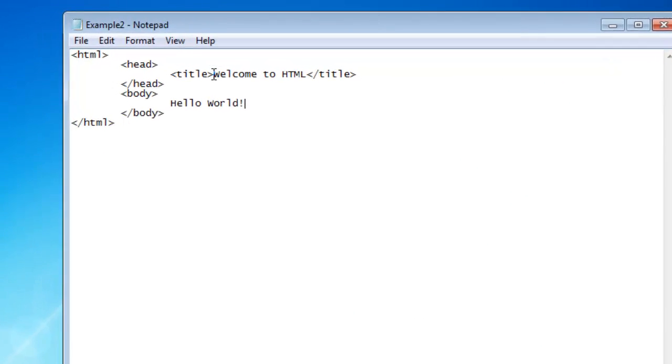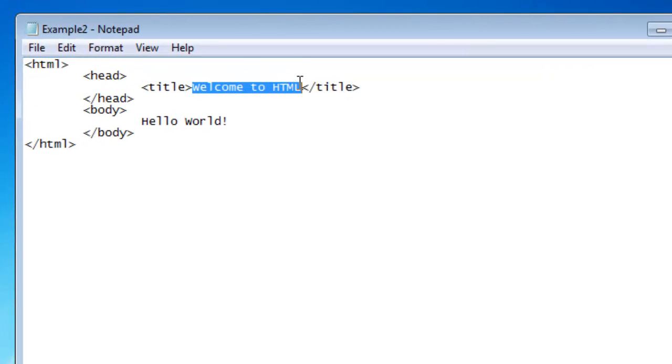Let's just change this title to make a difference. We'll call this example2. Doesn't matter whatever you put in your title, they'll always appear the way you type them. Okay, so the next tag we'll